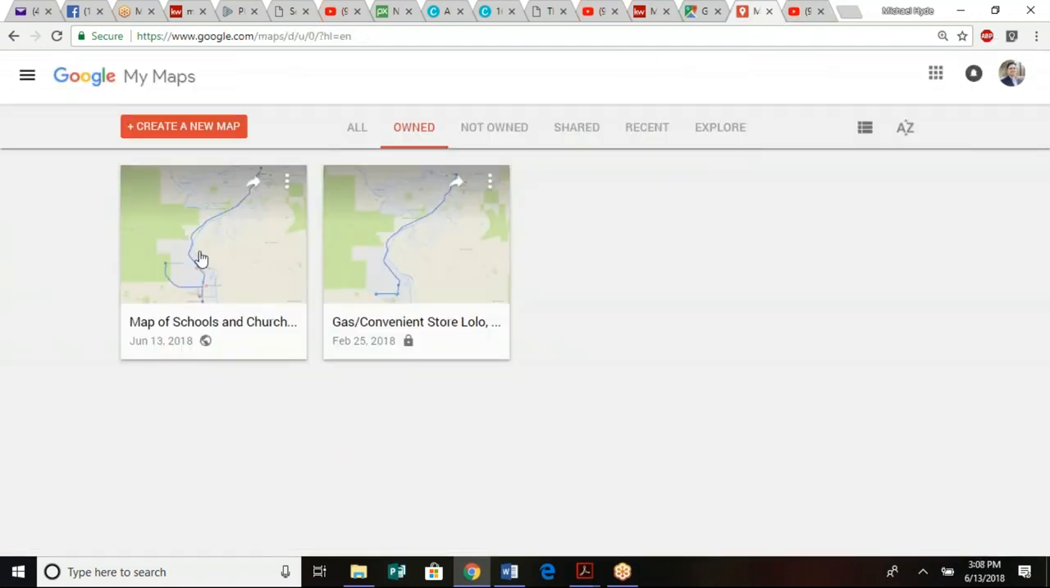So I have a couple different maps I've already made for Lolo. I have one at the gas convenience store in Lolo, maps of schools and churches in Lolo, okay? So what's cool about it, especially if you have